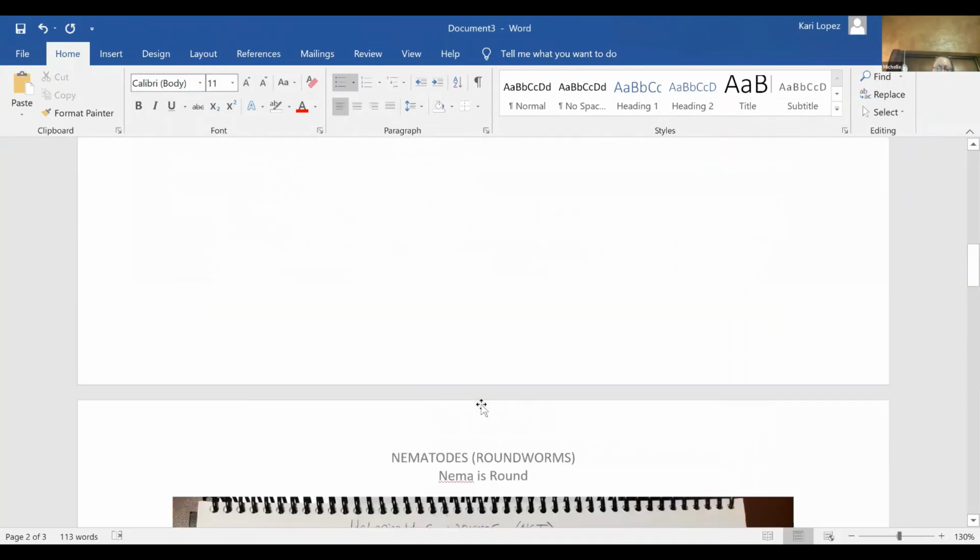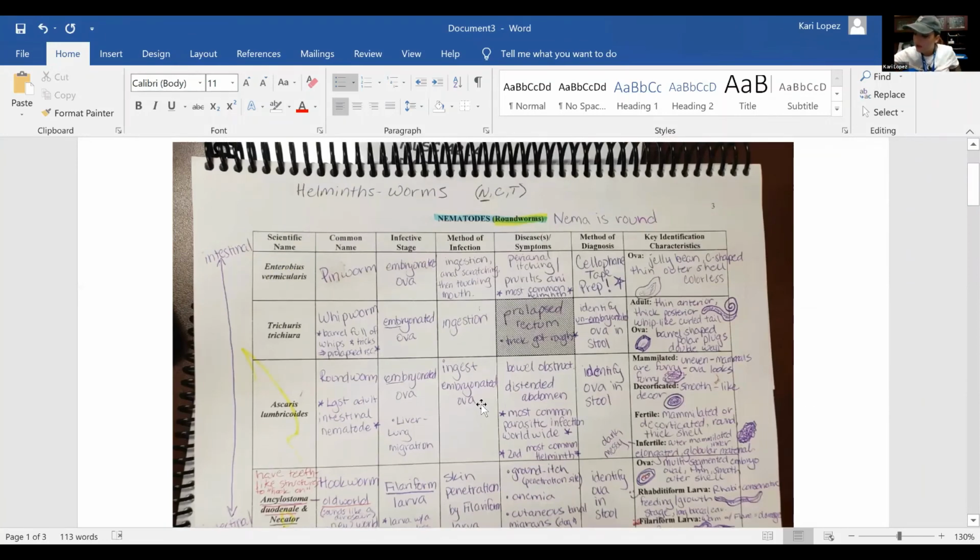Your main things for that one are going to be your barrel shape, your whip-like tail, and your double wall. Then the next